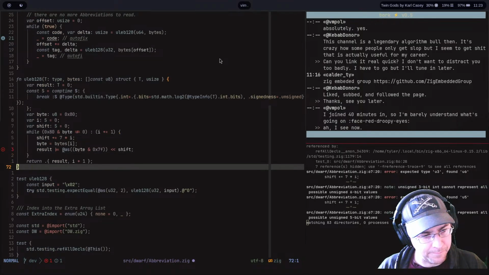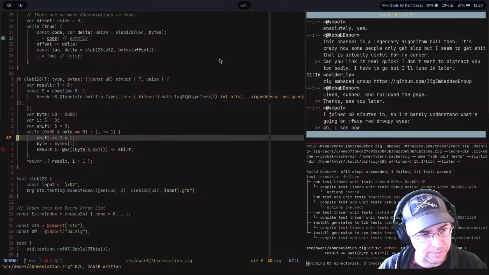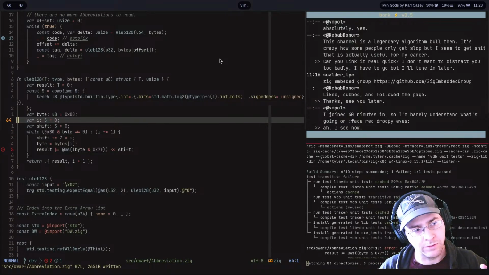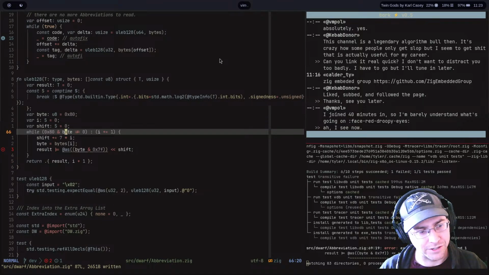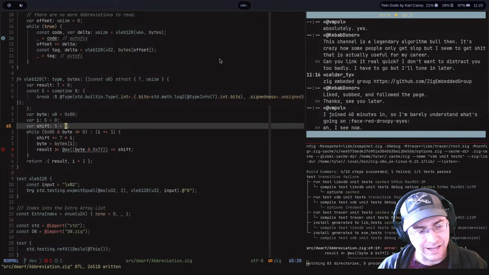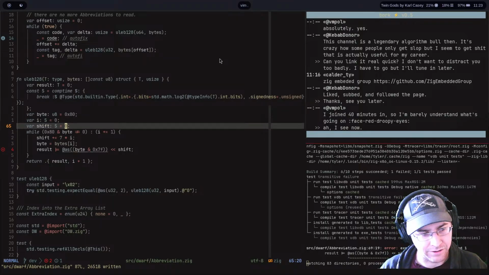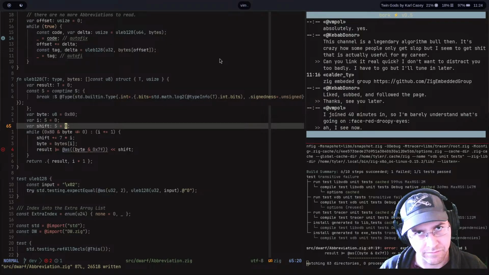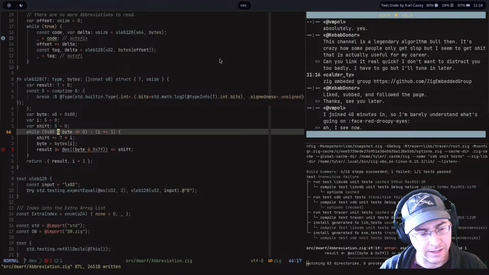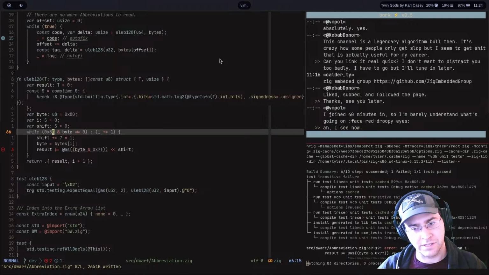But yeah. So right now, the algorithm for parsing ULEB128 is, you go through each byte, and I start out with a byte of 1. That's just to make sure that we go through the first iteration of the loop. And then I take a counter. That counter is just to tell me how many bytes I've parsed into the number, and the shift value, and we start at 0. So while the byte and this hex value 0x80, which just means while the most significant bit isn't set,